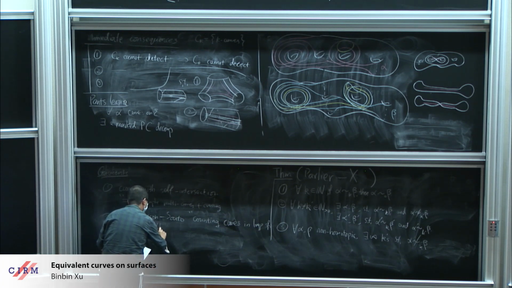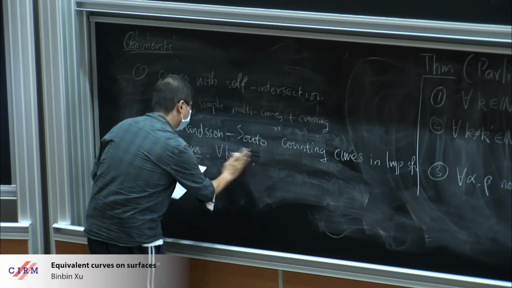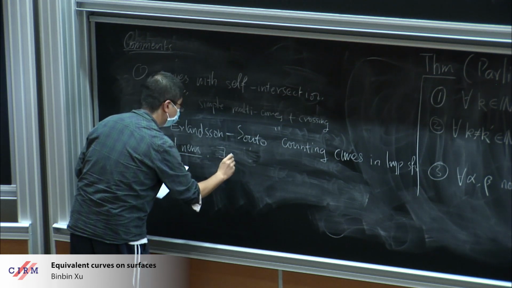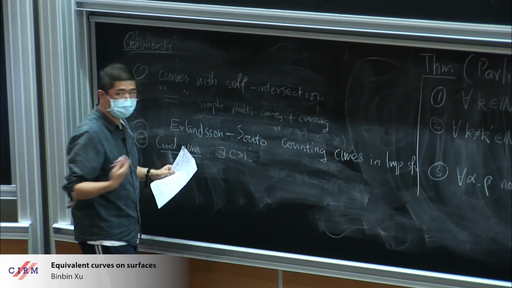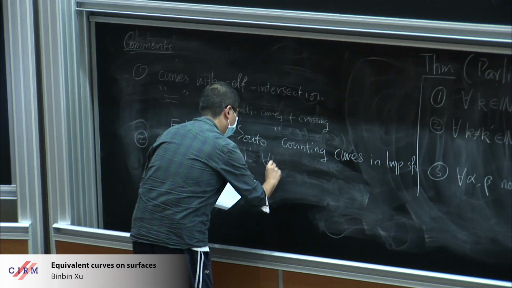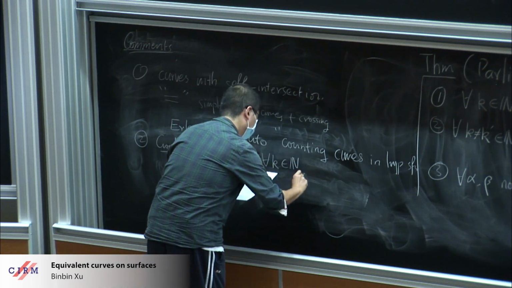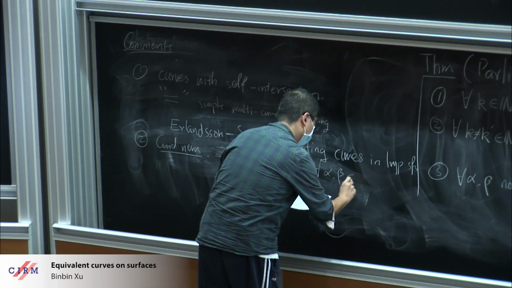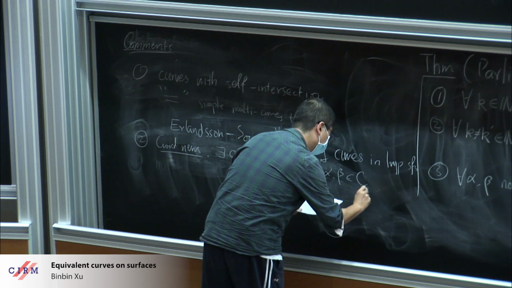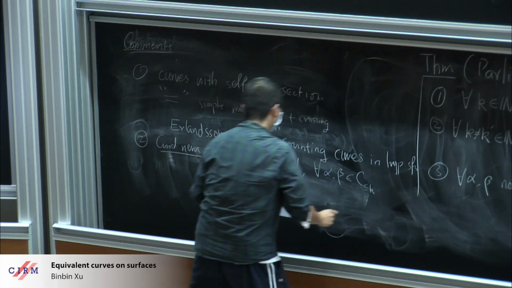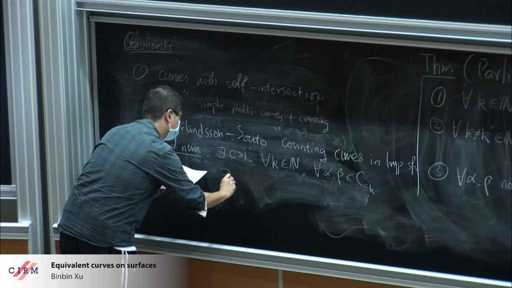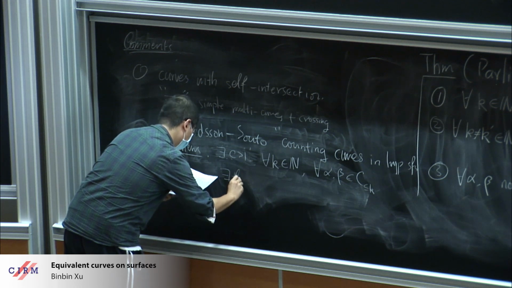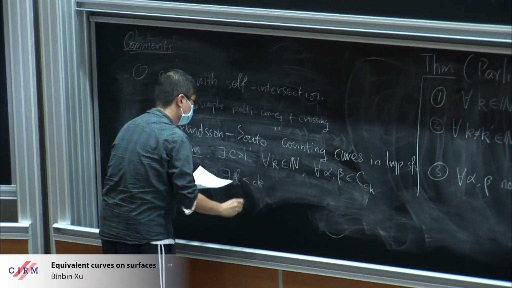So there exists a constant c bigger than 1, such that for any k in N, for any alpha and beta with at most k self-intersections, there exists an L smaller than c times k,